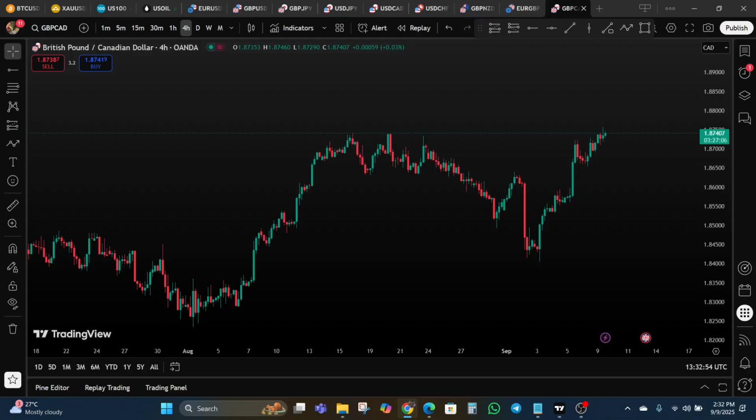Now, funding rates are payments exchanged between long and short positions in perpetual futures markets. So just follow me as I explain. These payments happen at regular intervals and help keep the contract price close to the underlying asset's price. Now, you need to understand that